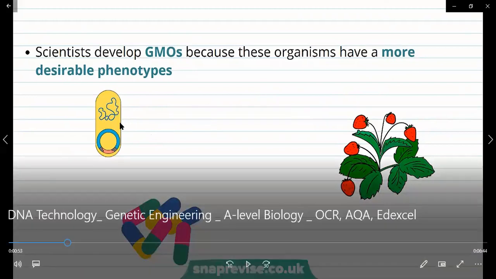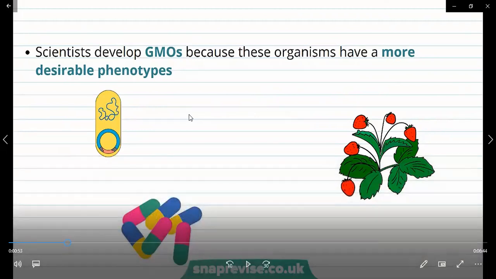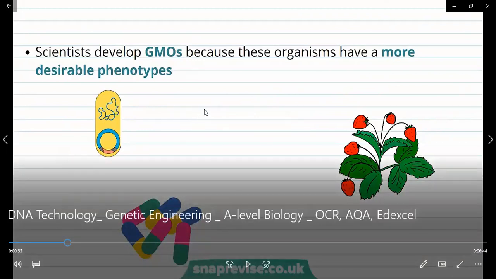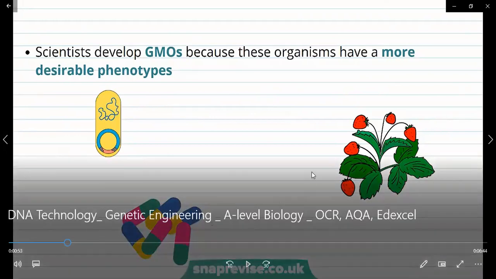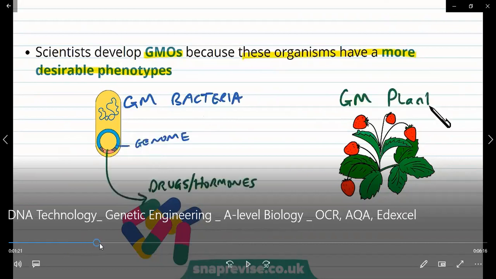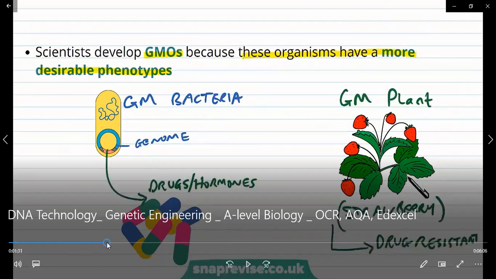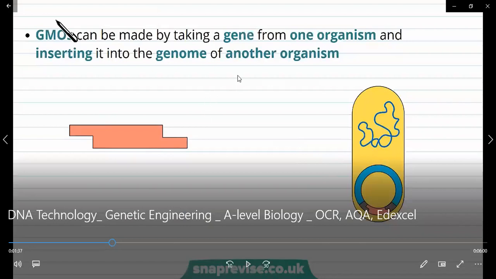And for example, bacteria, you could modify them so you could get the bacteria to produce drugs for you. You could get the bacteria to produce insulin, antibiotics, and various substances. So they believe that this technique would be beneficial to us because we would be able to insert beneficial traits into the organisms. Okay. So once an organism has had its genome altered, then we say it has been genetically modified.